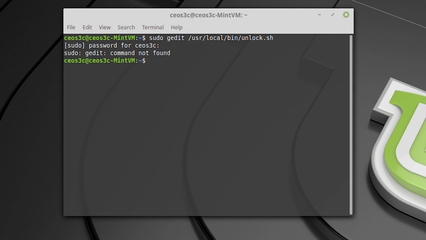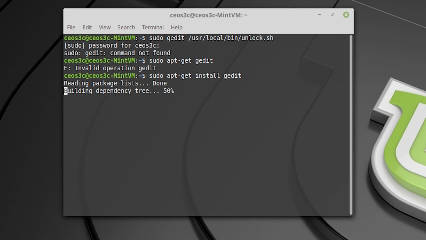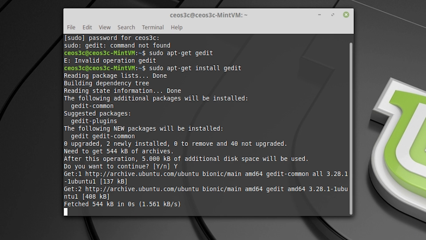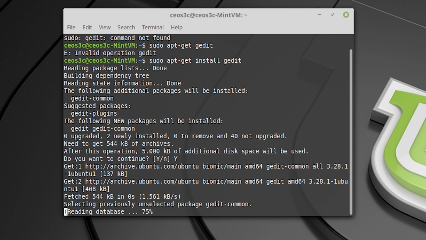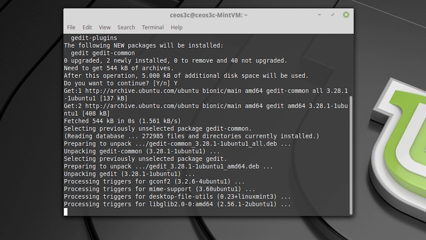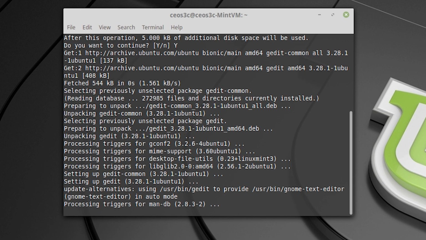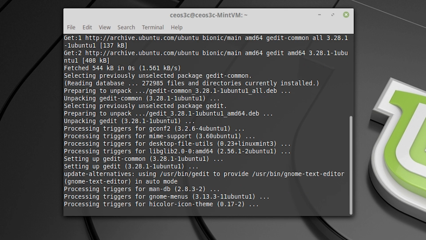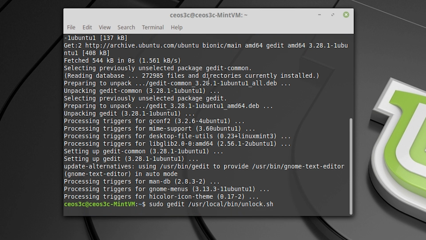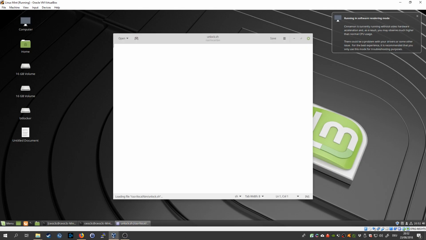Oh, I probably don't have gedit. Sudo apt-get install gedit. Sorry, it's a bit late. Alright, almost there. I like gedit to edit config files, so do again sudo gedit /usr/local/bin/unlock.sh, and then